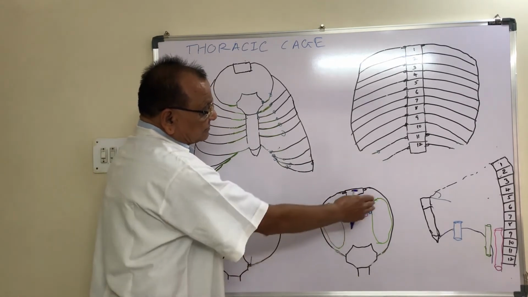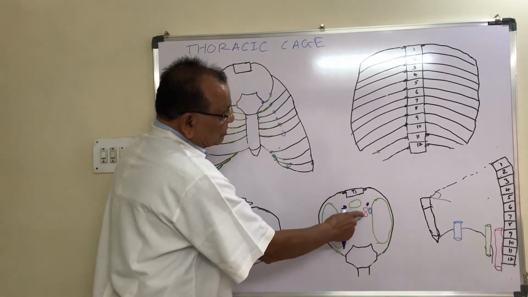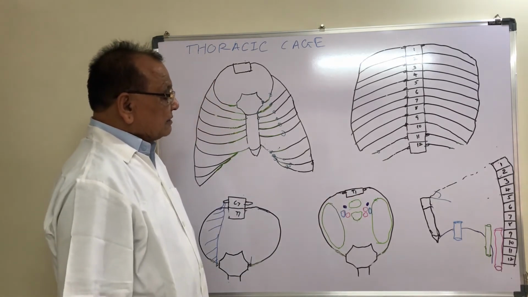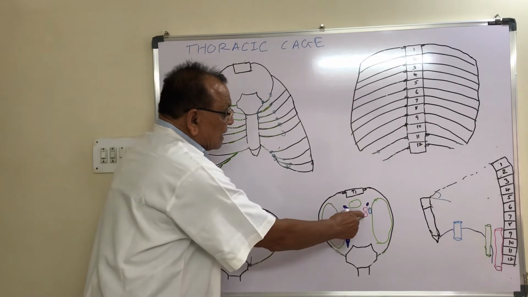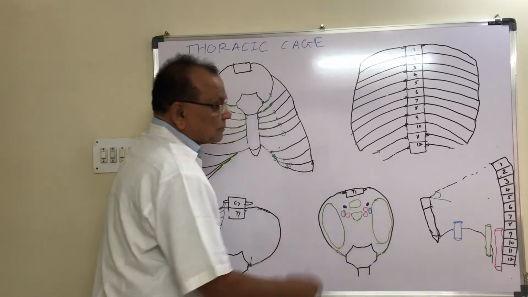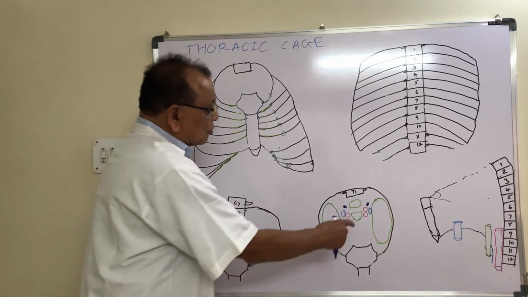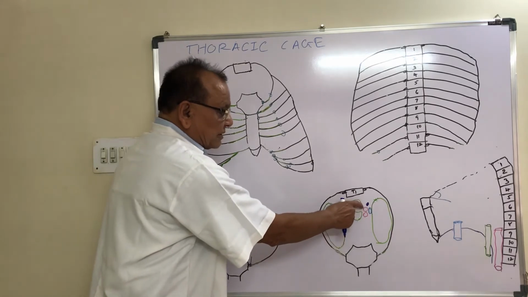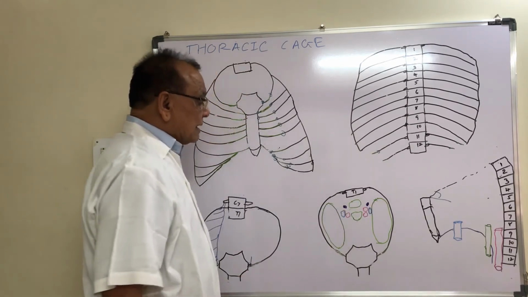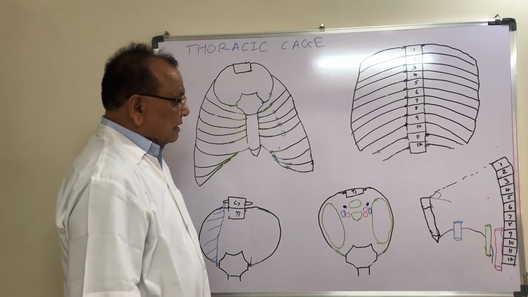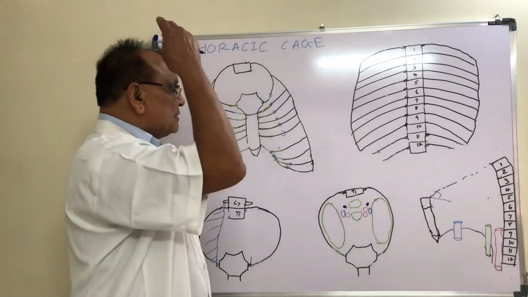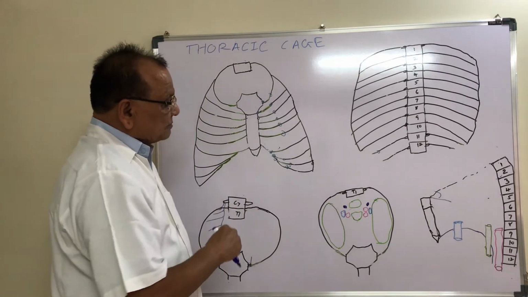So here on the left side, two arteries are seen lateral to the trachea. One anterior, the other one is posterior. The anterior one is called the left common carotid artery, and the posterior one is called the left subclavian artery. So left common carotid artery, left subclavian artery. And lateral to both the arteries, the vein is there. It is called the left brachiocephalic vein, and it receives the venous blood from the left side of the head and neck and the left upper limb.